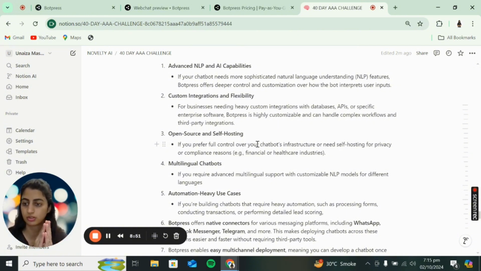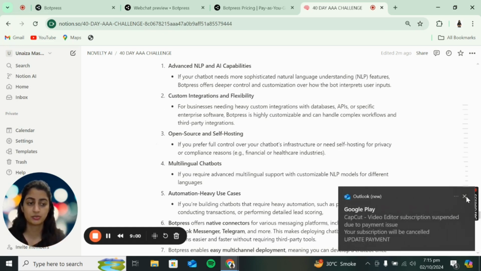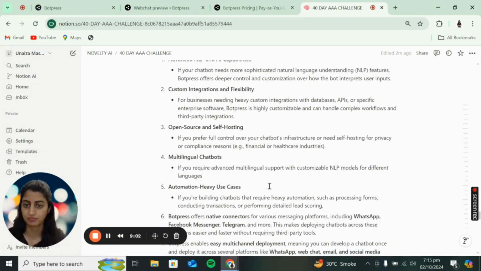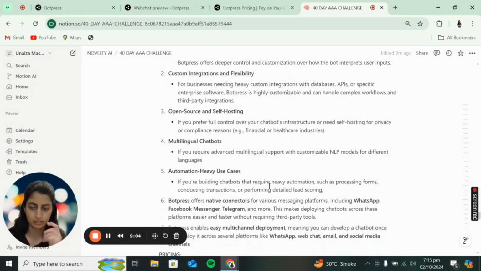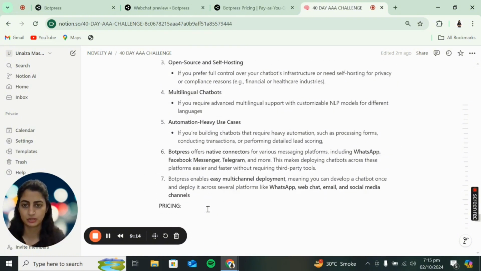Because it's an open source platform, it's quite easy for you to integrate it into your own personal hosting. The multilingual capability of BotPress is much better than VoiceFlow, as I've experienced. So if you require complex natural language processing in different languages, BotPress is your solution.